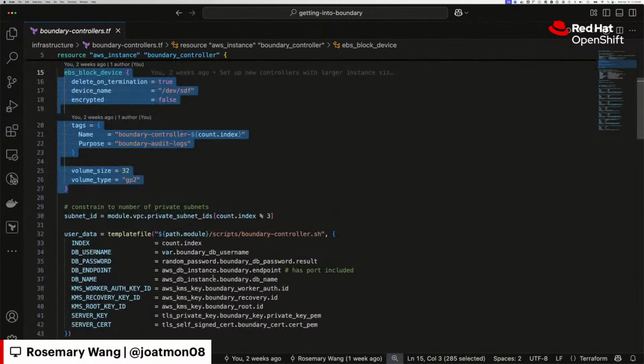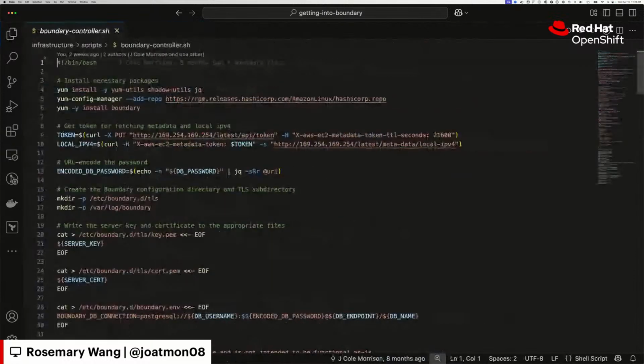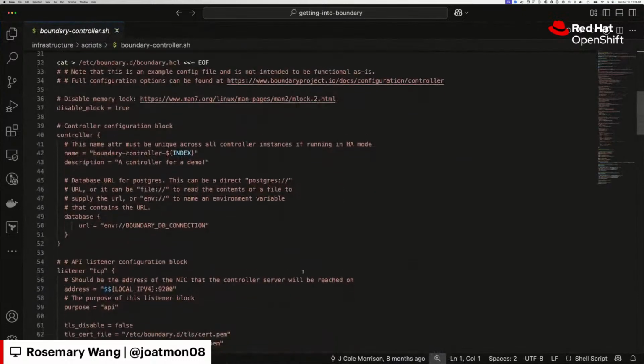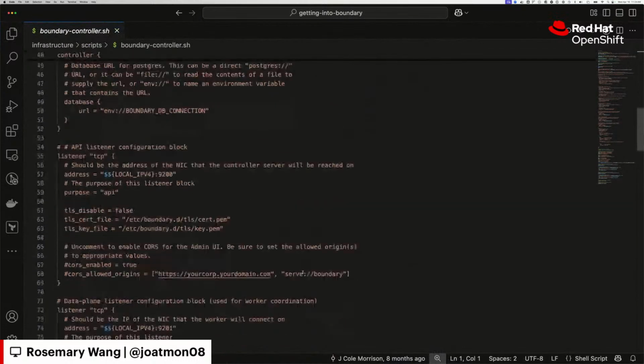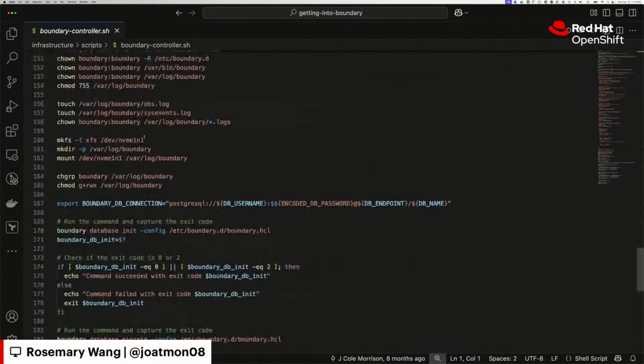So it's not quite so simple to say, okay, I'm going to create this block device or this volume mount and then mount it. You also have to define in your user data where exactly you've mounted it, as well as configure it, which is kind of the downside. So you'll notice there's this large amount of user data, a user data script that I have to create. And some of this includes a reference to these mounts that I've created.